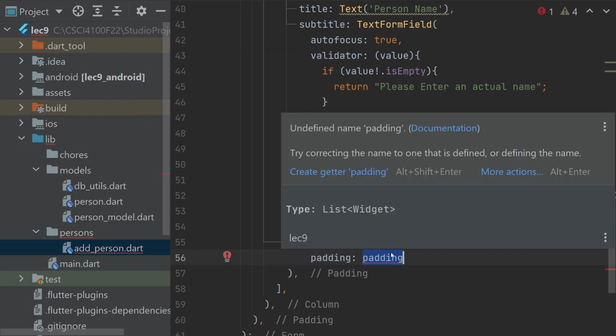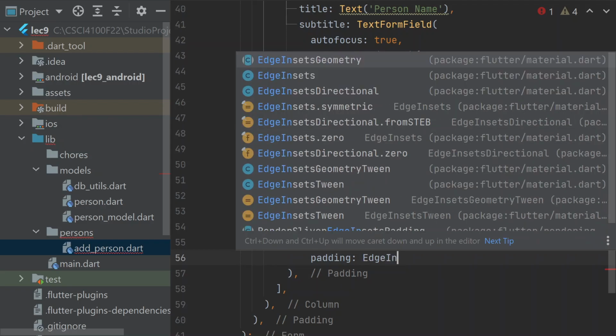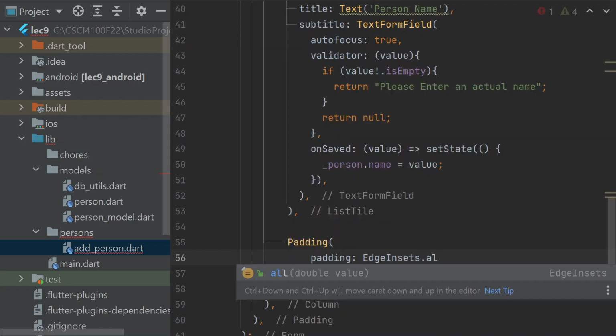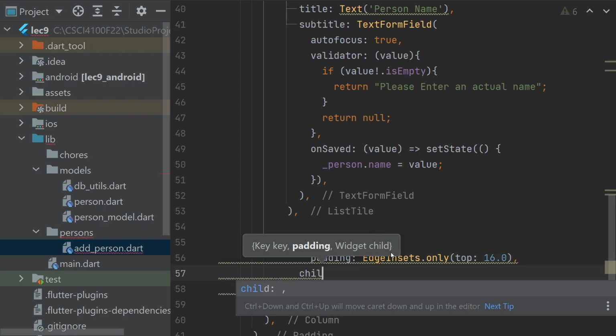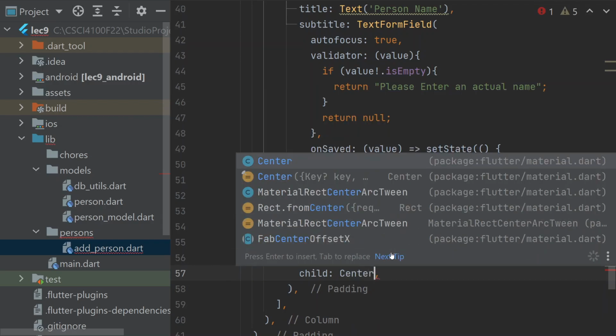EdgeInsets.all. Actually, EdgeInsets.only looks nicer. Only from the top, because we don't want the button squished up next to the text field, because that looks hideous. We want to center the button,